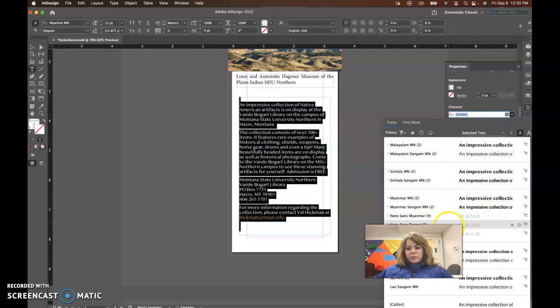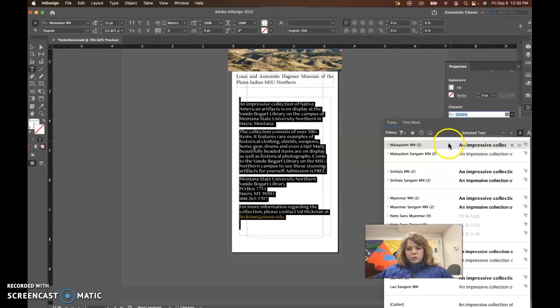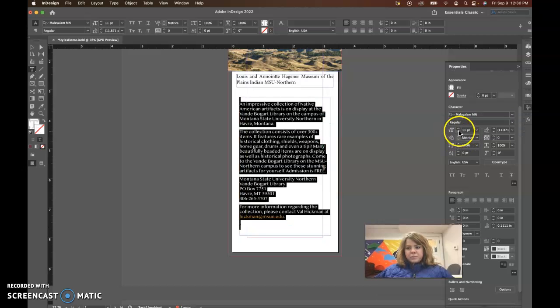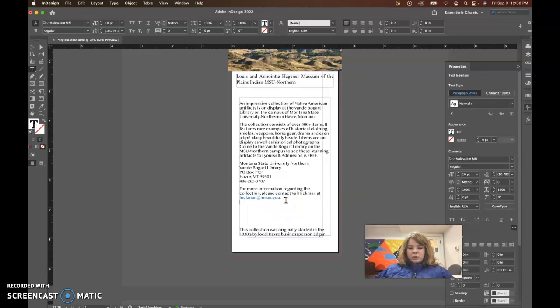I guess it doesn't totally matter what I go with. I'll just go with this one. And then a font size that I want. 11 seems to be a pretty good font size, I might go down to 10 even. I wouldn't go much under 8 points, but for this, there's not so much text that I need to go